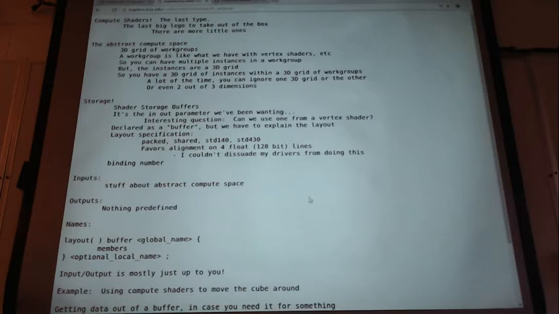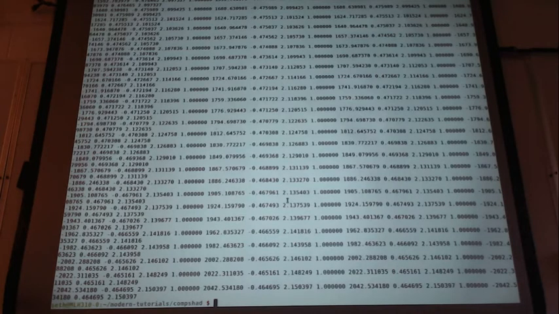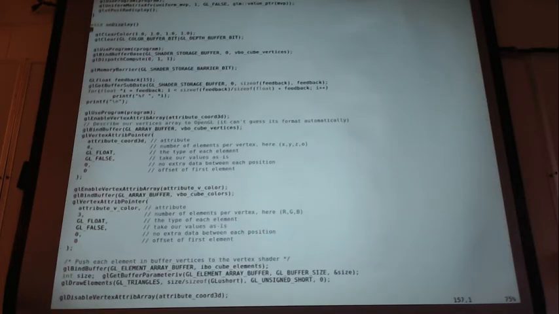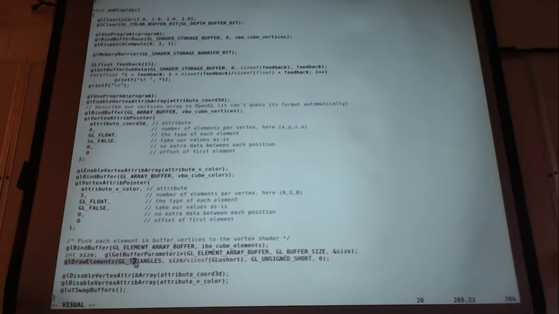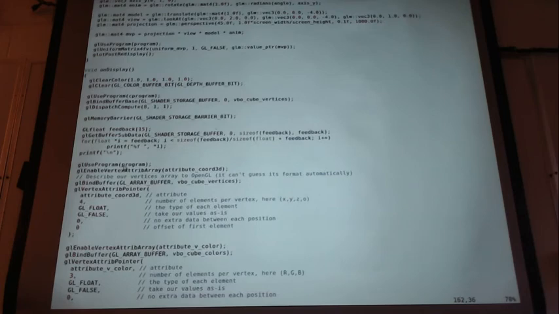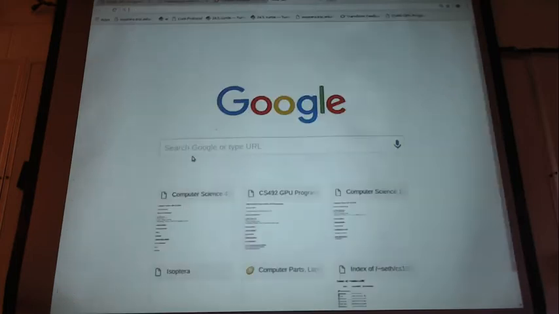So this compute shader that I'm using here is actually a separate program. The rendering loop on this program here has a compute shader that's run right up here, GL dispatch compute, and that changes the vertex locations before we go through and do the regular set of things and eventually run GL draw elements like we've always been doing. So there's a separate program here. We GL use program like before, but we also have a computational program that computes stuff ahead of time before we go into the regular loop. So if we look at our rendering